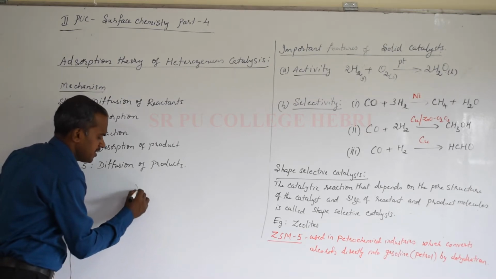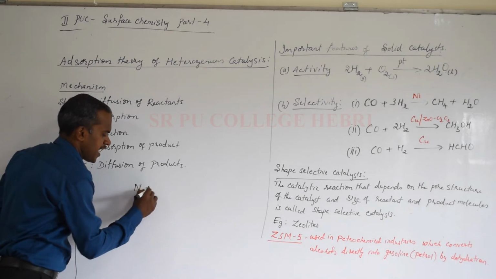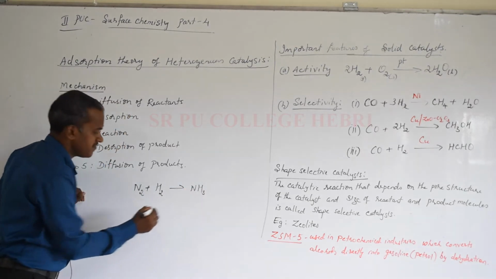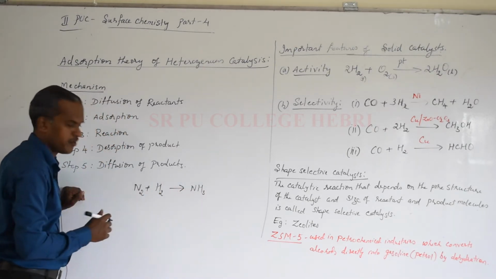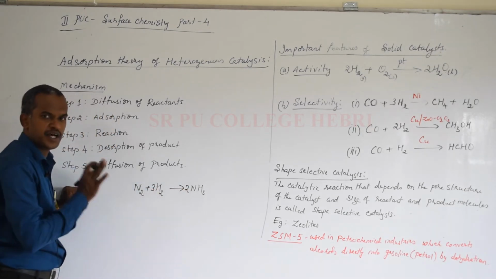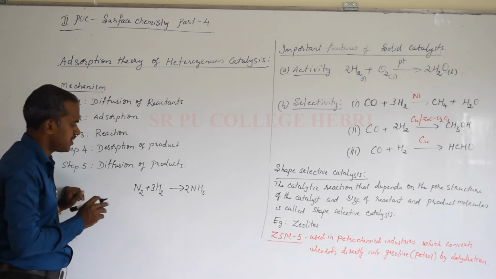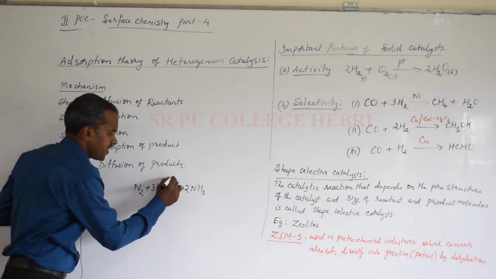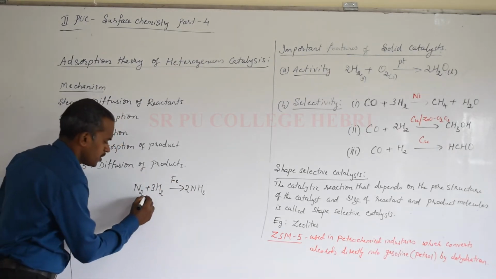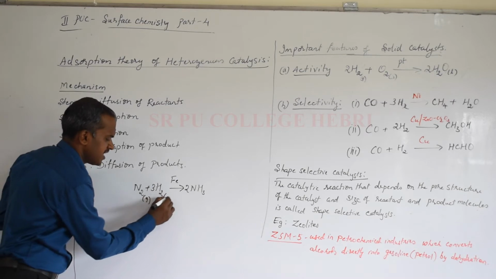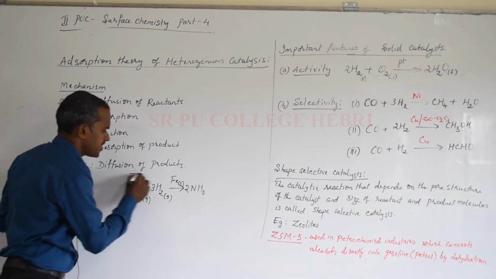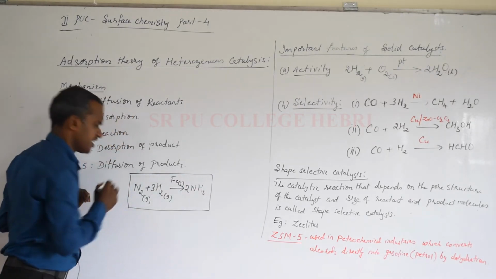Let me write nitrogen reacts with hydrogen to give ammonia. It is a reversible process, but we are concentrating on the industrial reaction as the formation of ammonia only. To balance the equation, I'll write 3H2 and 2NH3. It is now just a reaction, it is not a catalysis. But when it becomes a catalysis, suppose I write the catalyst iron, which is a solid. Now the physical states: nitrogen is a gas, hydrogen is a gas, and the solid catalyst iron is used here. This is one of the examples for heterogeneous catalysis.